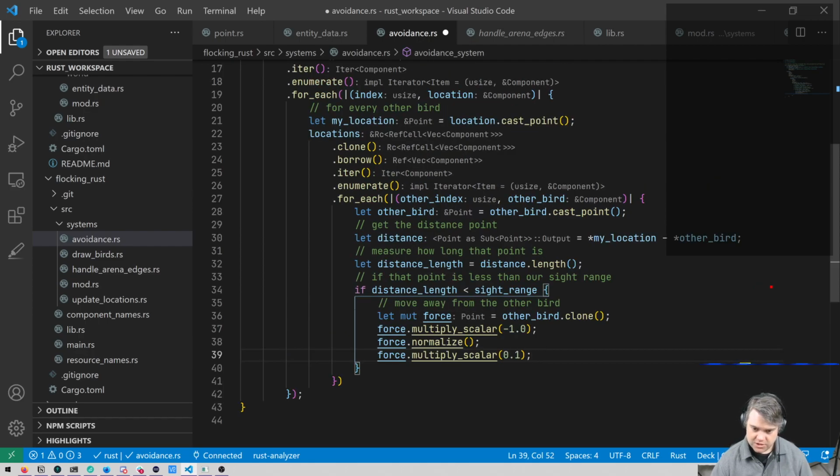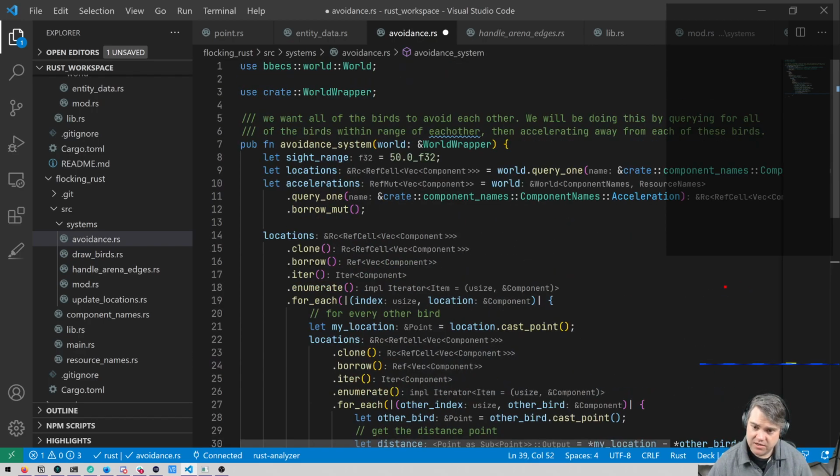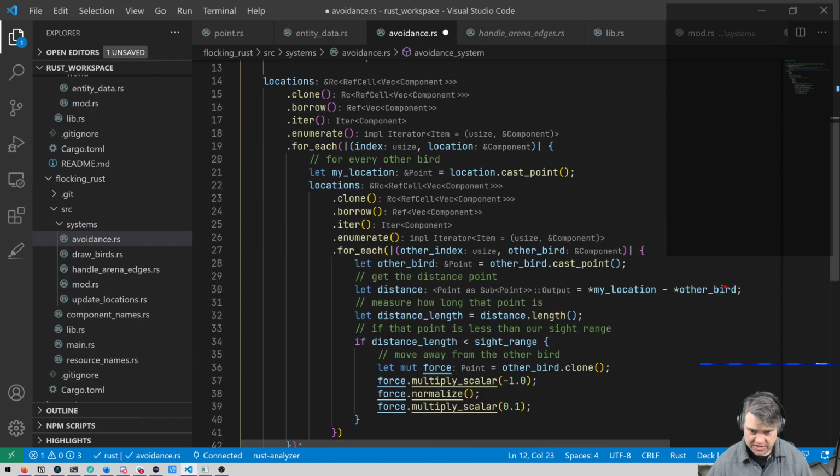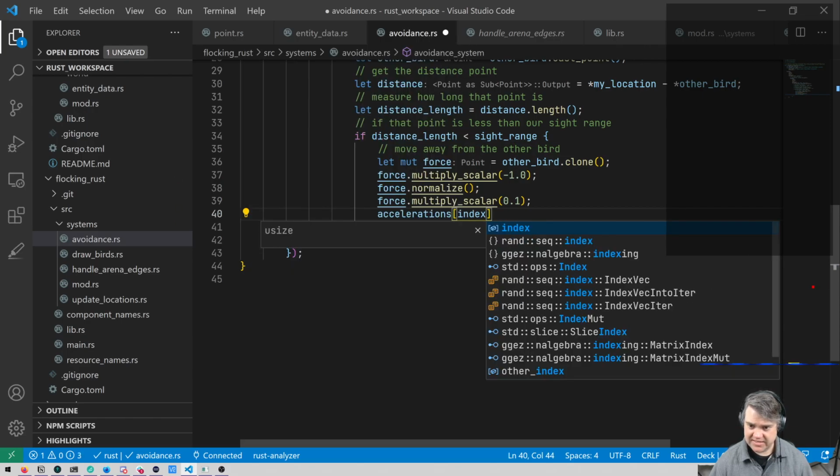All right, so we've multiplied the scalar. Okay, now we need to apply this force to the acceleration. And that's right here. We just need to add to the acceleration. That's it. Just add to the acceleration. So we have borrow mute. It's the vector of components, so accelerations. So we can say accelerations of index